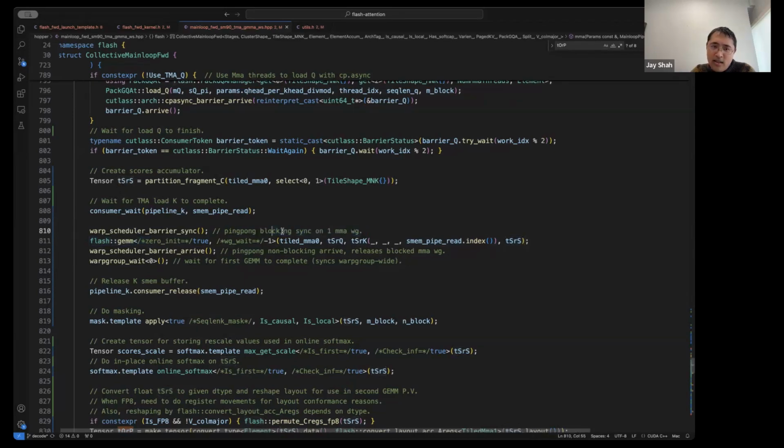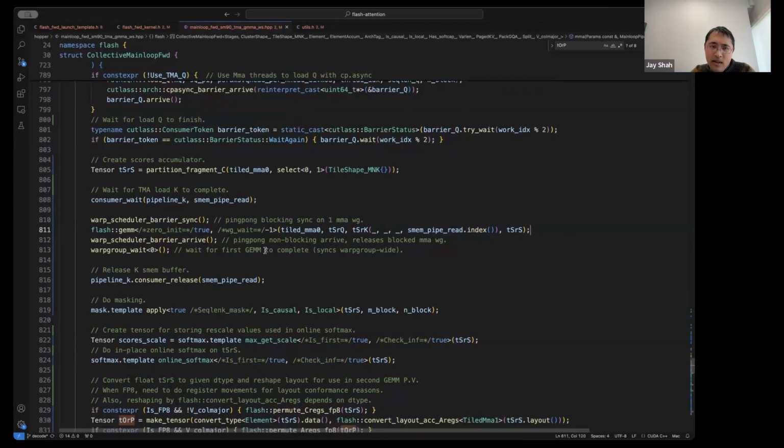So this is the first gem call. You can think of it as a prologue gem. Surrounding it is the ping-pong logic. I'll revisit this at the end, but this is going to be the logic which implements that staggering between warp groups of the MMAs and the softmax.